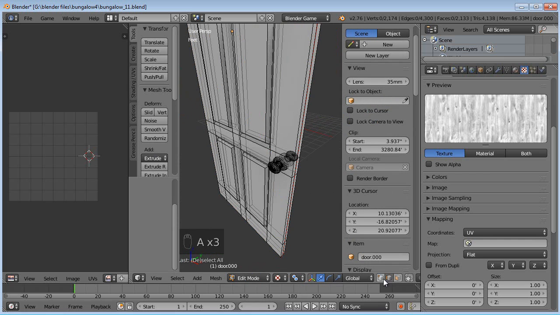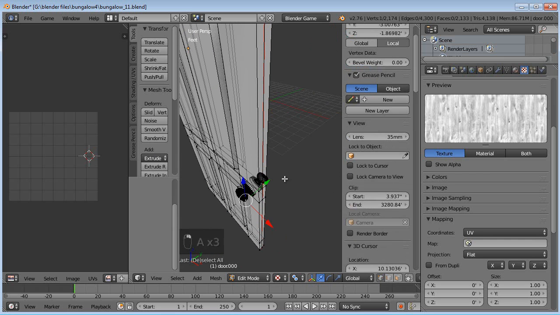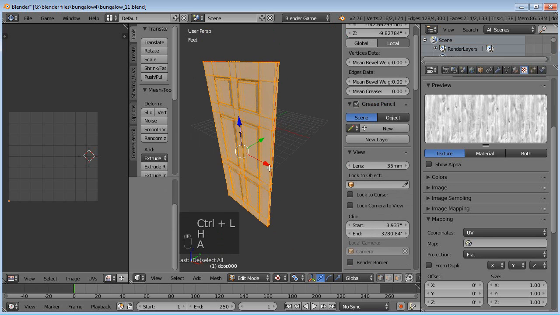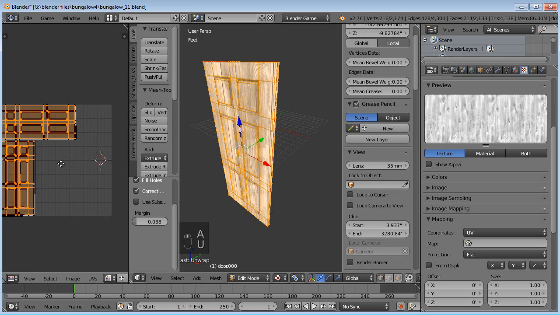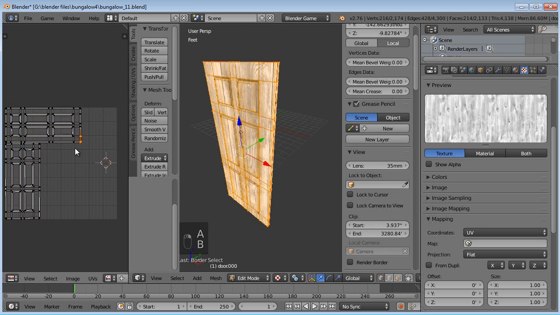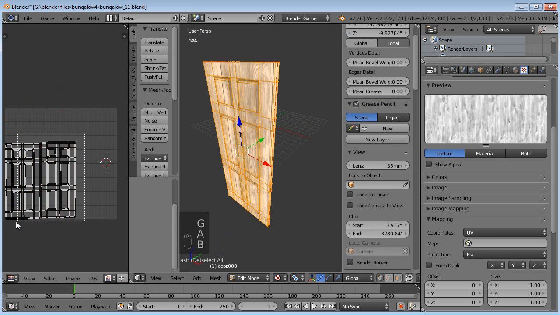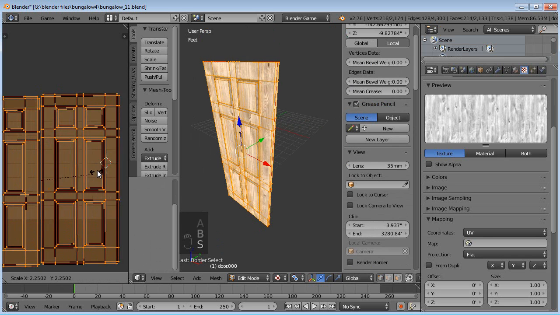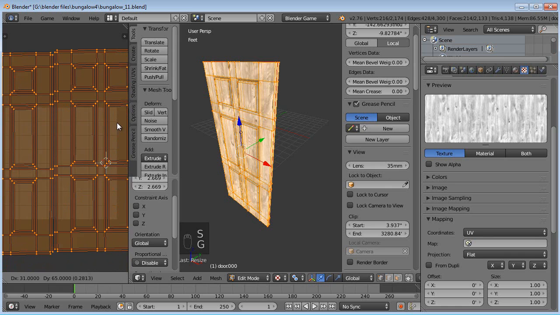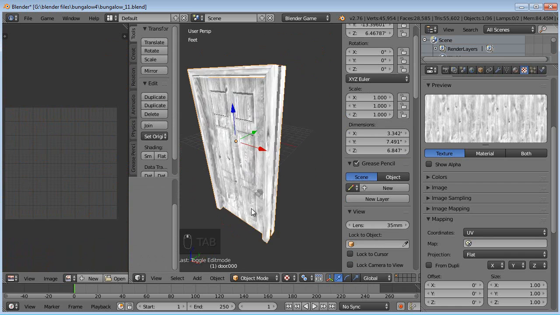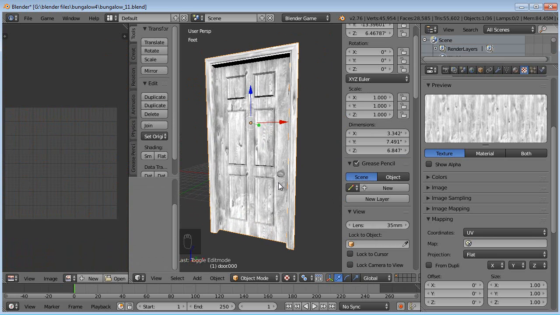The doorknob doesn't need to be here, so we can just go ahead and select pieces of it. Control L, and just go ahead and hide it. The door itself, you unwrap, should be good. Let's get both of them going the same direction. Rotate that 90 degrees, bring that over here, and let's just make these quite a bit bigger. Like so. So what we might have to do with this, since that wood grain is really